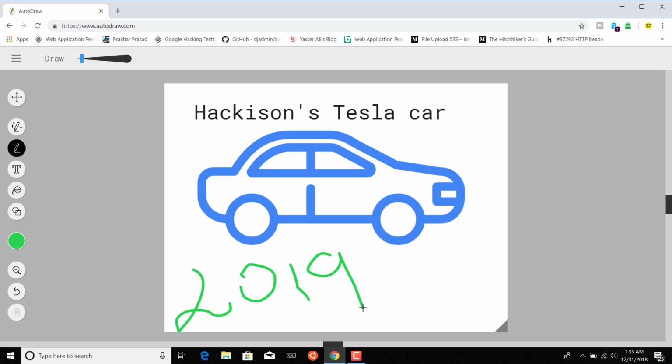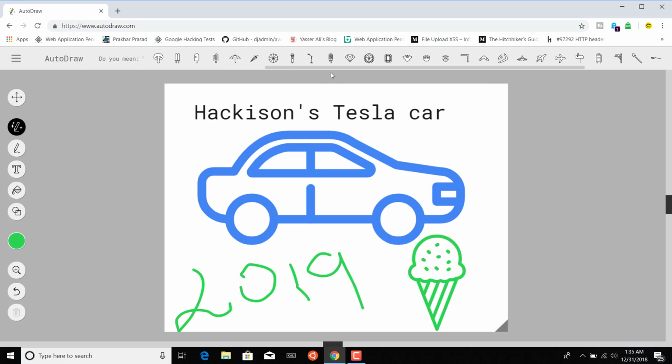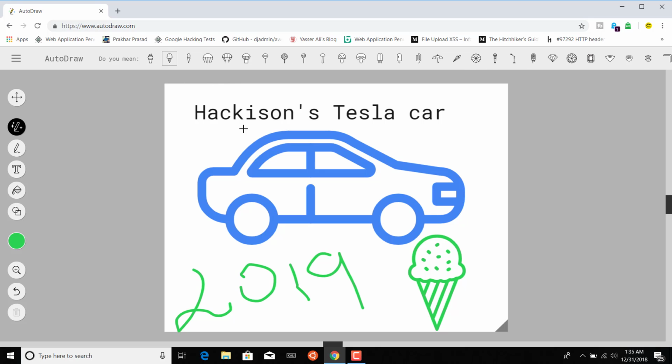That's it guys. You have seen Google's AutoDraw function. Whatever you draw, Google will automatically detect it and tell you it's an ice cream. Google has convinced again, and it is confirmed that this is an ice cream. It will show you all the related items on the top, whatever is matching your drawing, near the taskbar. That's all about